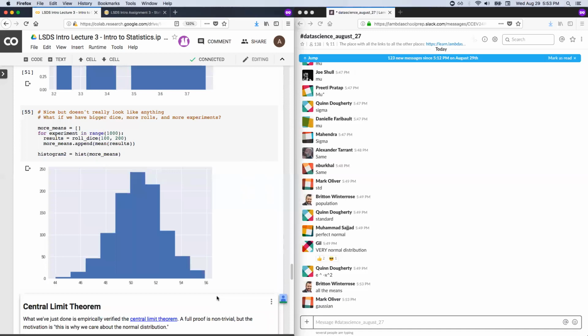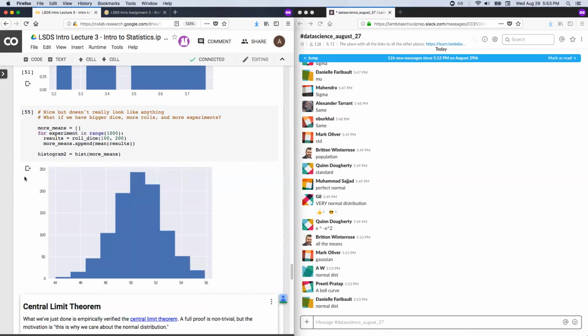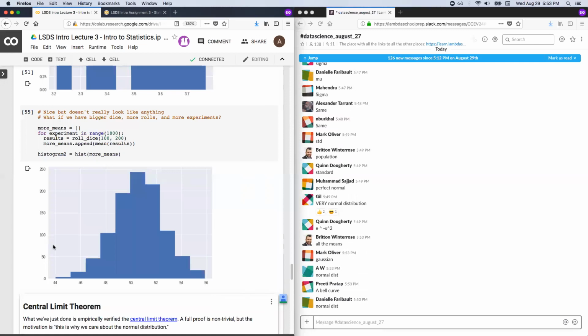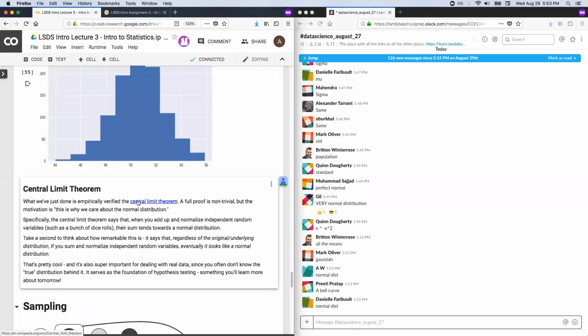Yeah, the Gaussian, the normal, the bell curve, our friend. And this, in a nutshell, is why we care about it. There's other reasons, and there's clearly more math than can be covered right now. But intuitively, it just sort of naturally arises when you look at things repeatedly like this. And what we've really done here is we've empirically verified something called the central limit theorem.